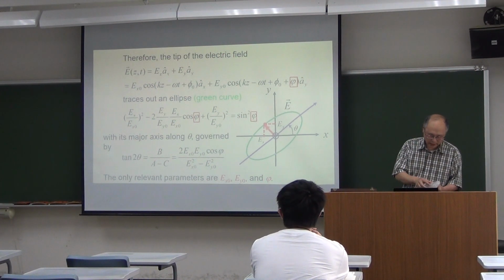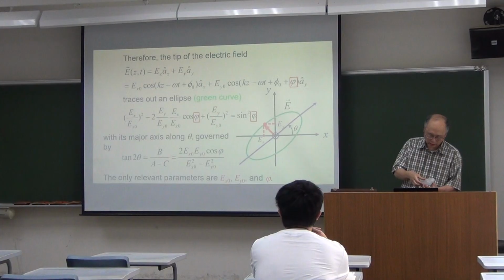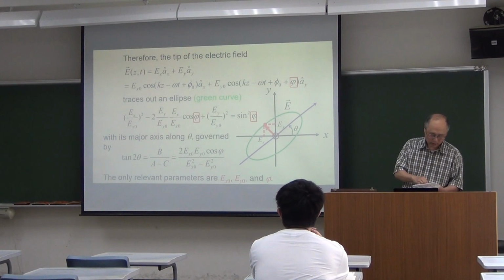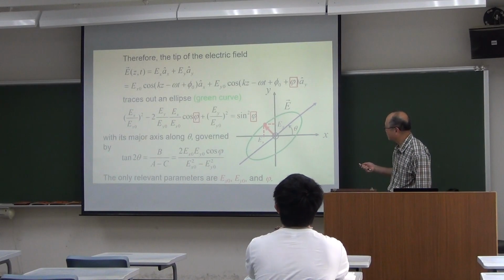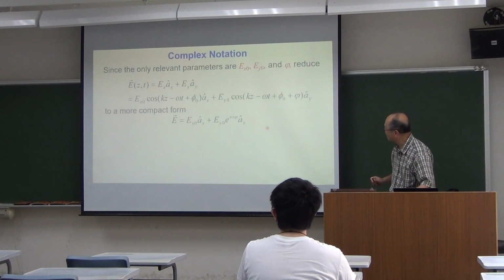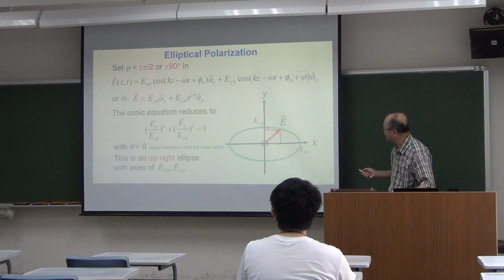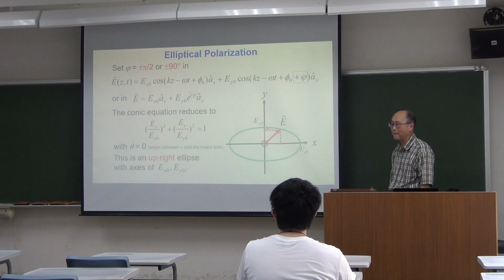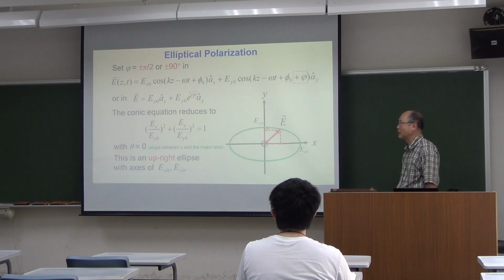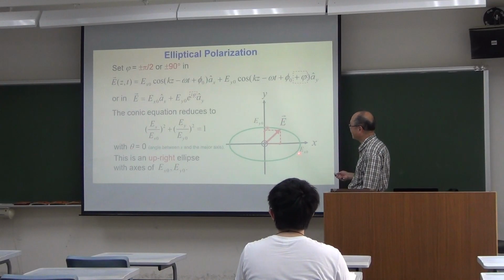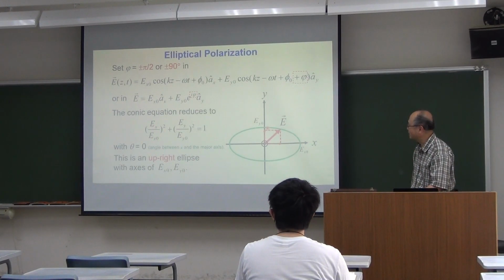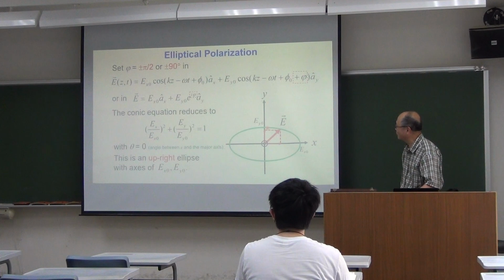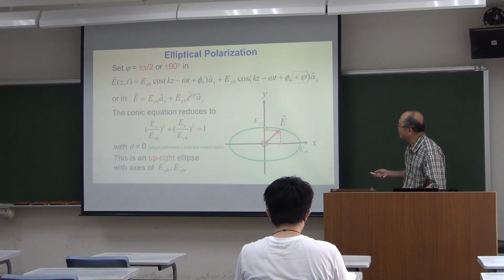Alright, so when you have a 90 degree phase difference or minus 90 degree phase difference, then you end up having this slanting angle equal to 0. So you can put the ellipse onto the upright position. Okay, so this is how you change the trajectory that the electric field traces out during the propagation of the light. Well, we can set more conditions, but before we do,